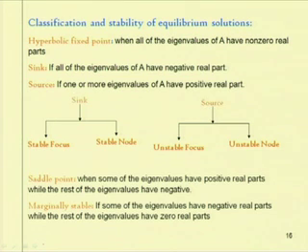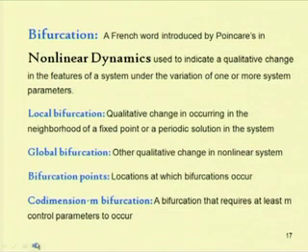Similarly, if some of the eigenvalues have negative real parts while the rest of the eigenvalues have zero real parts, then the system is marginally stable. So, in case of marginally stable, some of the eigenvalues have zero real part and most of the eigenvalues have negative real part. So, in this case the system is marginally stable, and we have also briefly reviewed the